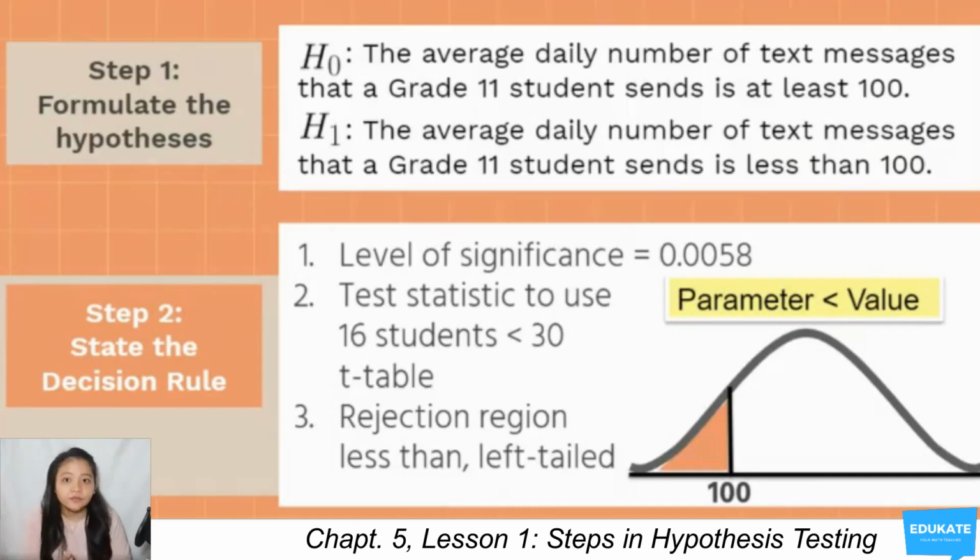Ibig sabihin, pag ang na-compute mong value ay greater than 100, it will fall on the acceptance region. So you're going to accept your null hypothesis. Pag ang na-compute mong value ay less than 100, say 98 or 90, you are going to reject your null